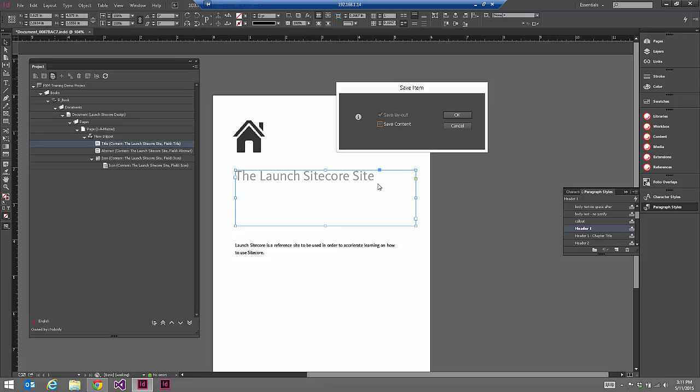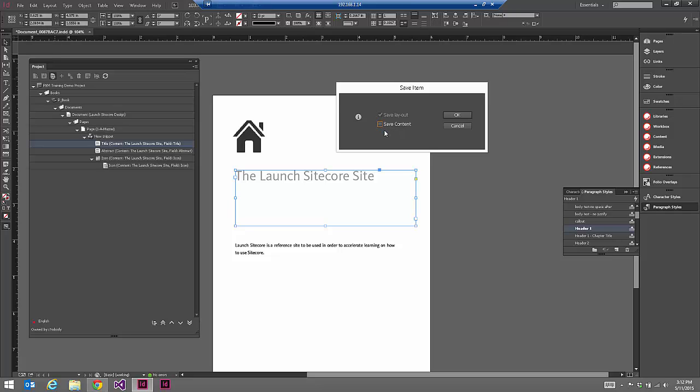So if your designers are responsible for making those text changes and you want that change to apply to the web, then yes, you want to enable the ability to save content and push that back to Sitecore. If your web people and the people in charge of entering that content into Sitecore are ultimately responsible for the approval of that content and ensuring that content's correct, and you don't want designers to push that back to Sitecore,